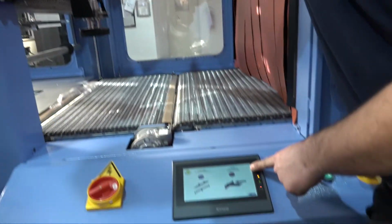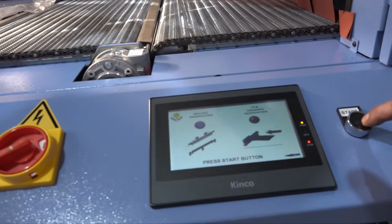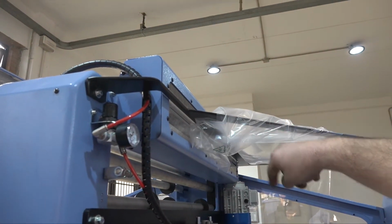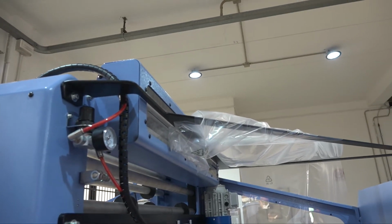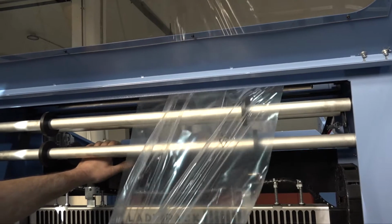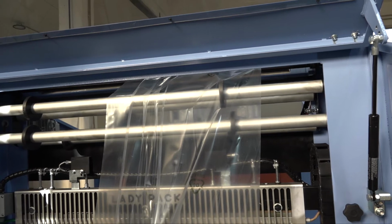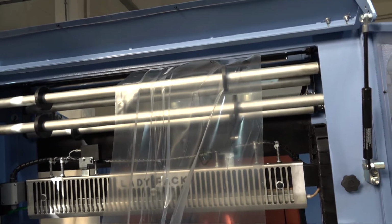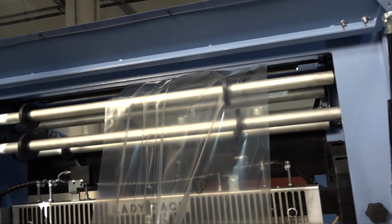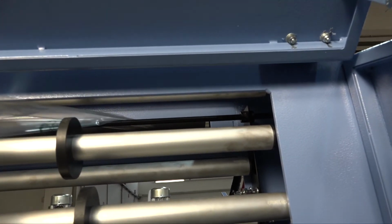In order to make the film go through the opening in the plexiglass, you have to pull it manually from the touch screen. As you can see, now the film is going through the opening in the plexiglass. Now look at the film on the other side: the film is going over the black shaft. There's a black shaft on top of all the rollers, and once you have made it go through the black shaft,